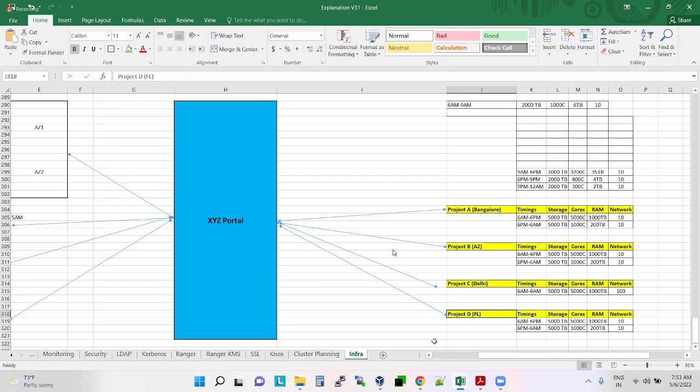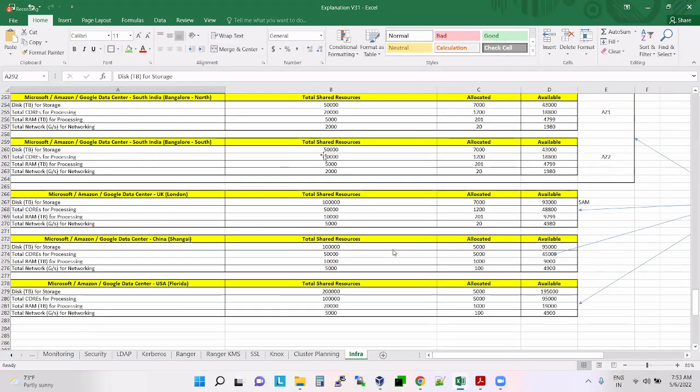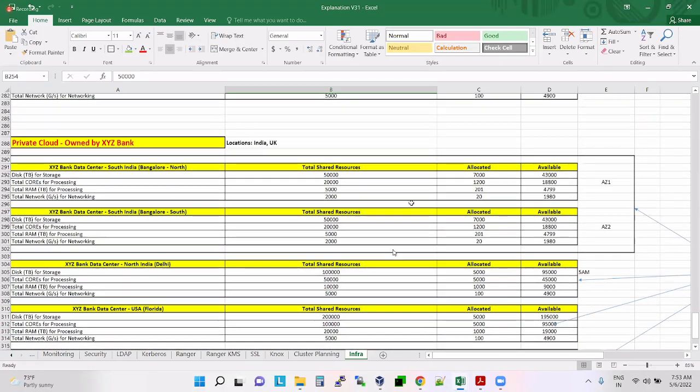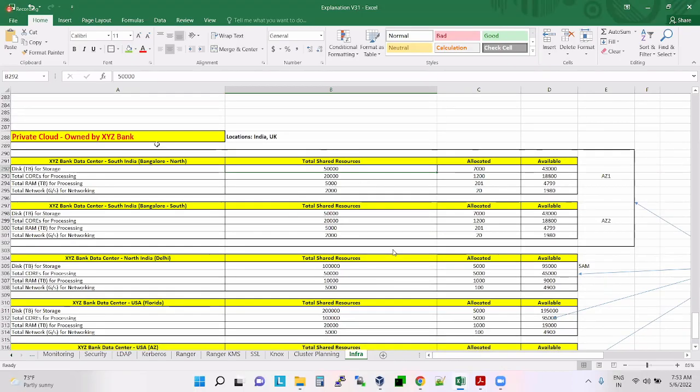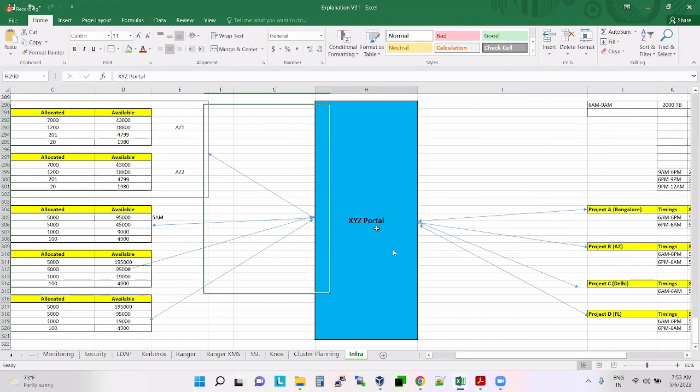But now, will these people have such huge resources? Public cloud providers keep huge resources because they want to give them to multiple companies. But here, these are not multiple companies. These companies are not giving to different people. They set up their own cloud infrastructure and have their own XYZ portal.